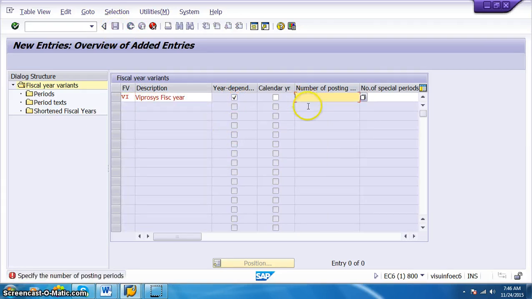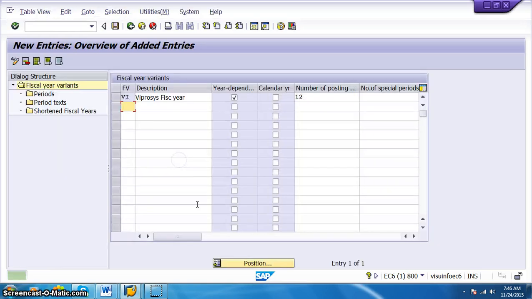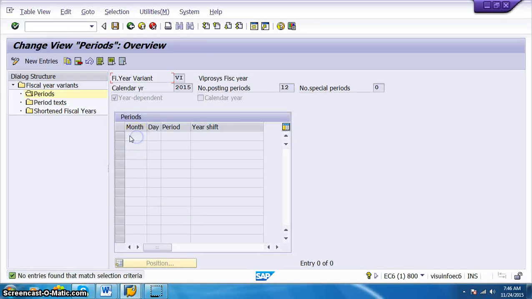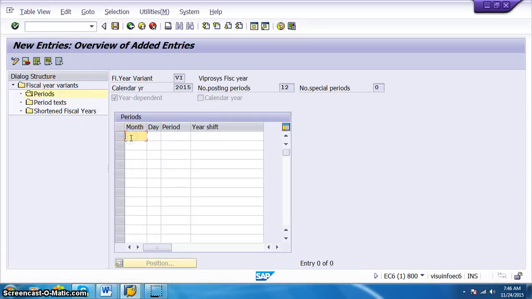Specify the number of postings. Number of postings is 12. Save it, and now select this, and periods 2015 years, and this we are making specific to year.